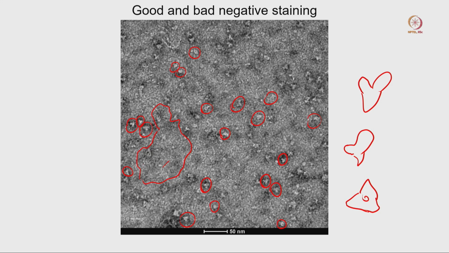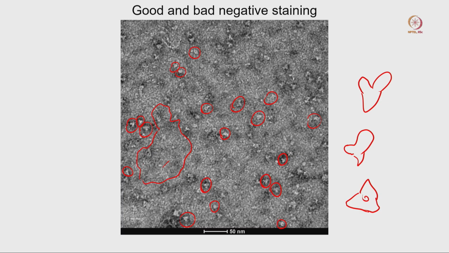So if you look at any image, first we have to figure out how my protein should look. If there is any negative staining data or any published crystal structure or cryo-EM data, first you check whether any images are available, and then you compare your images with the other images, and that will give you a better idea whether your sample is looking good or bad.